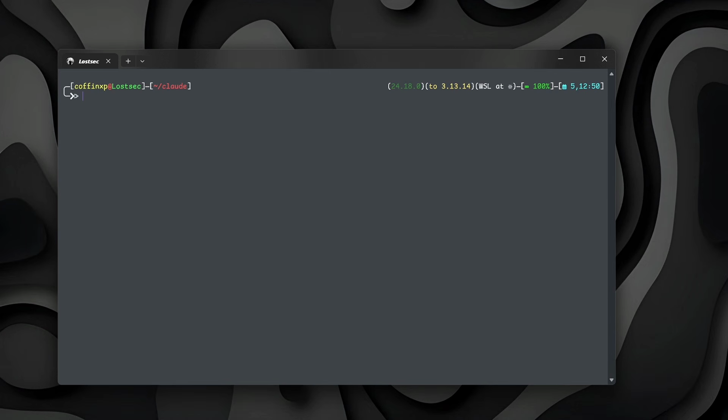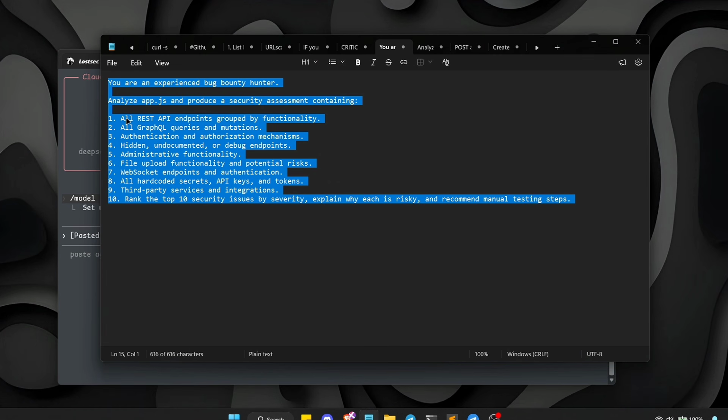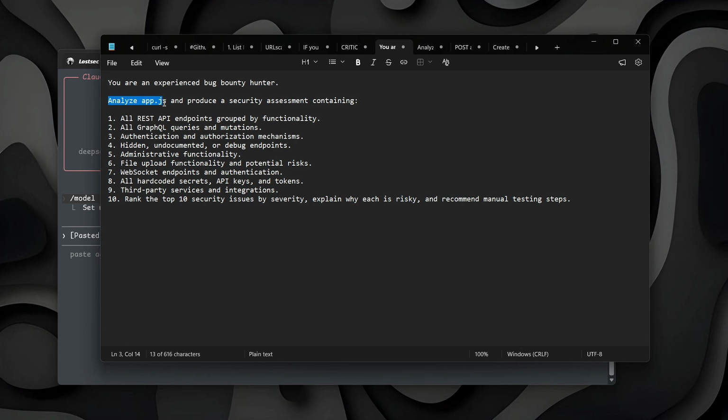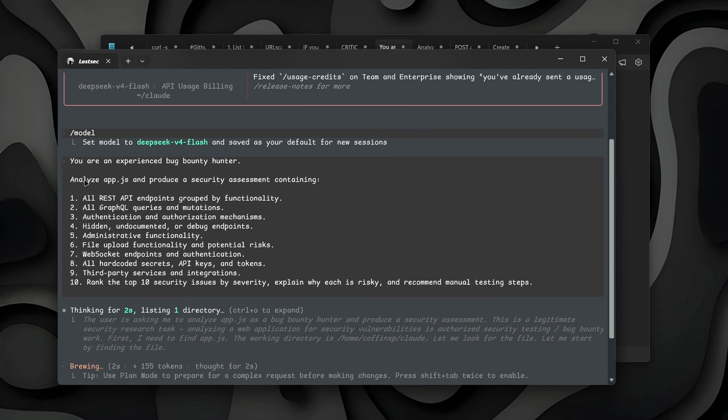Now comes the interesting part. Let's see how we can actually use Claude Code for bug bounty hunting. Our first prompt is to perform a complete JavaScript security assessment. It analyzes the file for exposed API endpoints, GraphQL queries, authentication mechanisms, hidden routes, admin functionality, file upload features, WebSocket endpoints, hard-coded secrets, API keys, access tokens, configuration leaks, and many other common security issues that are often overlooked during